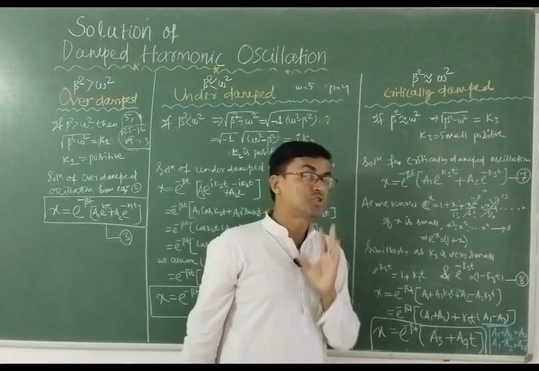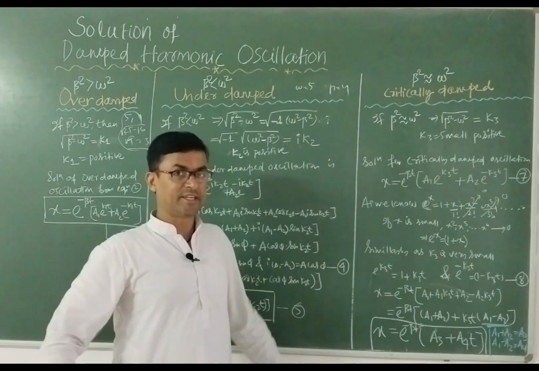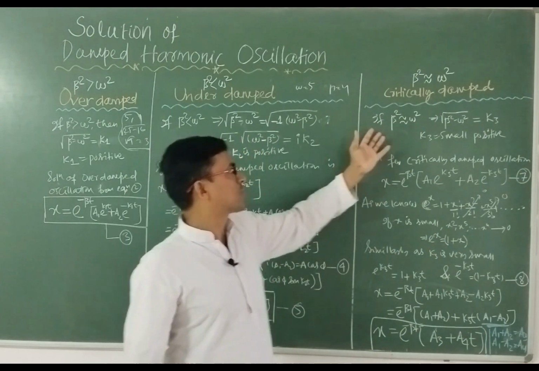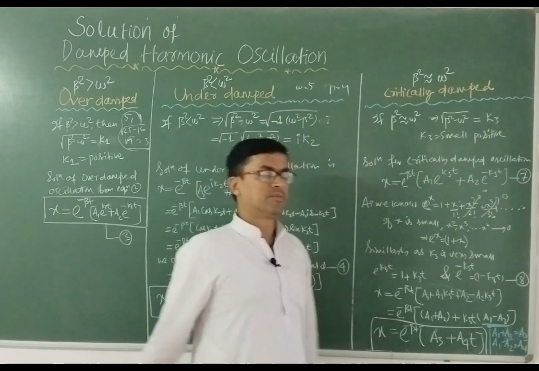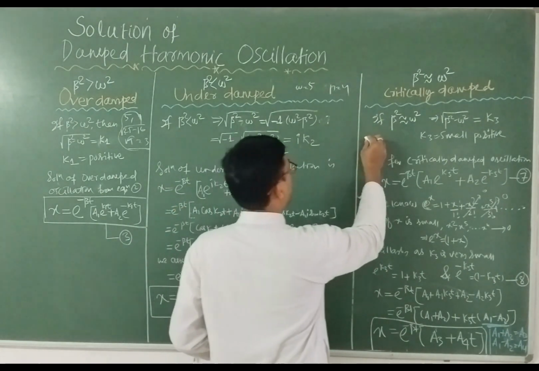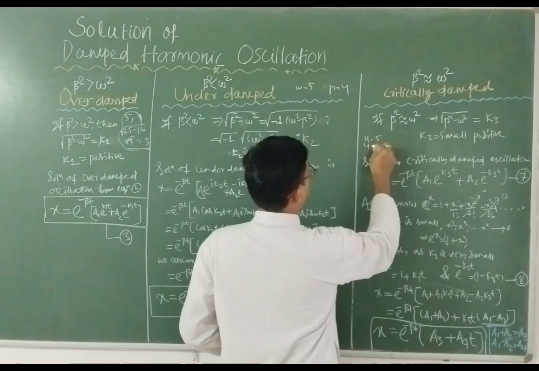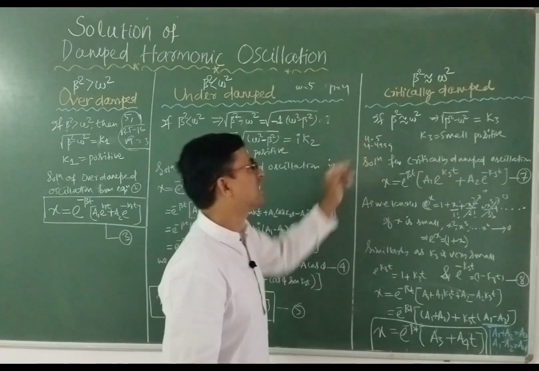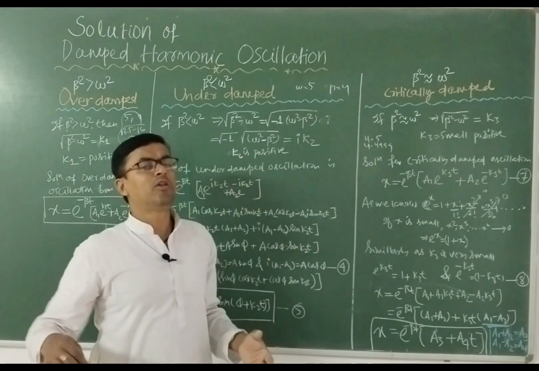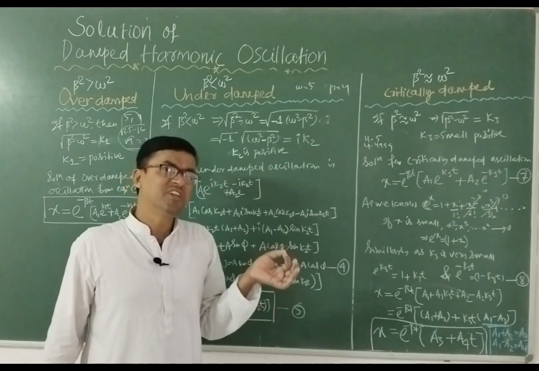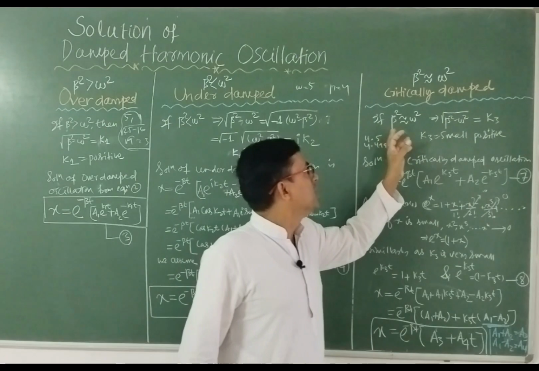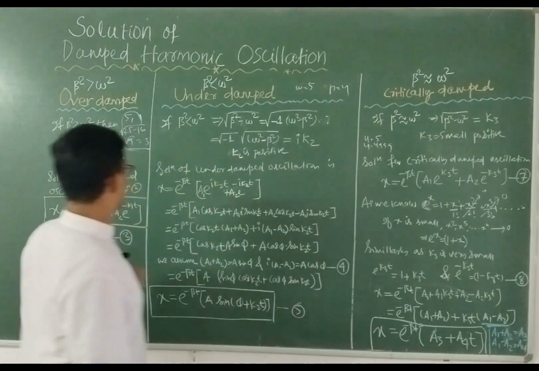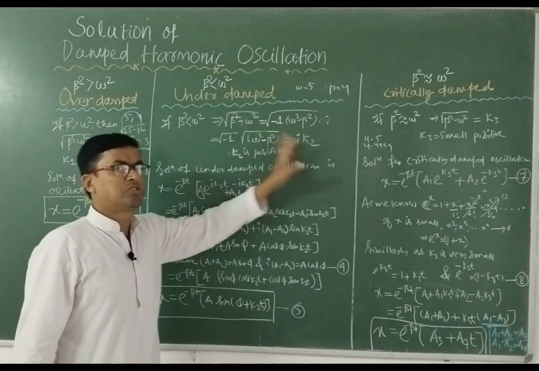Here beta square is almost equal to omega square. It is not exactly equal; if exactly equal, then it would become 0. Therefore, we have mentioned here it is almost equal to omega square. Their subtraction is very small. Suppose one is 4.5 and another is 4.4999. Though it is small, if you subtract, then you find a value of 0.00001, because it is a very small positive number. So we can write beta square minus omega square for the critically damped condition as a small positive value. So all the k1, k2, k3 we got are positive, a small positive.